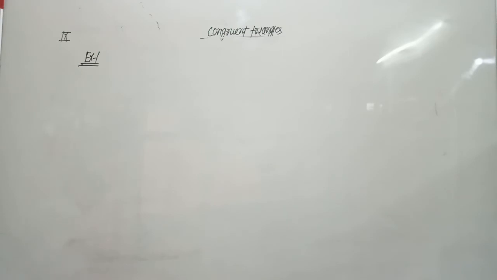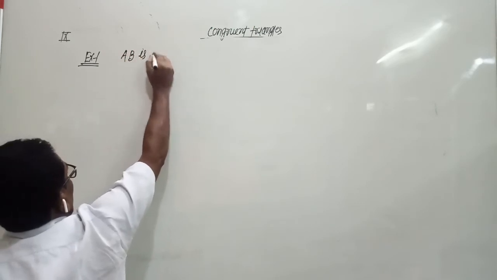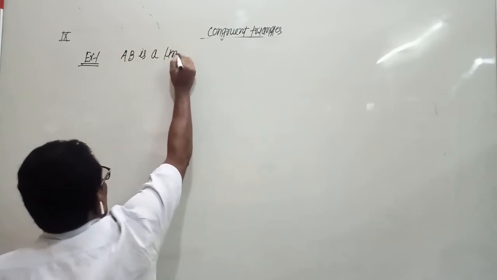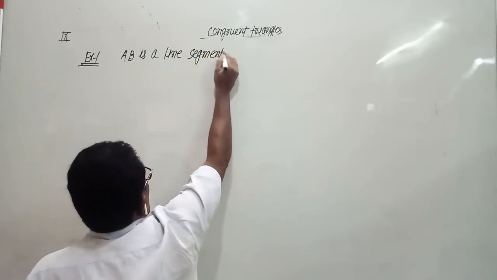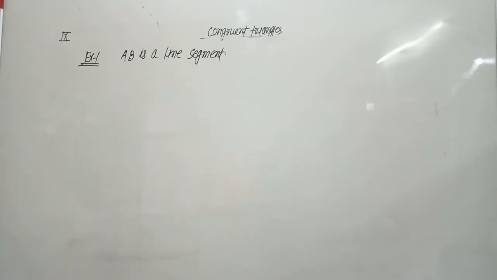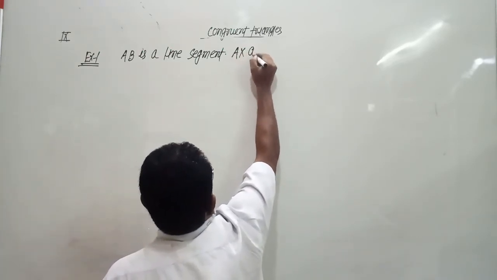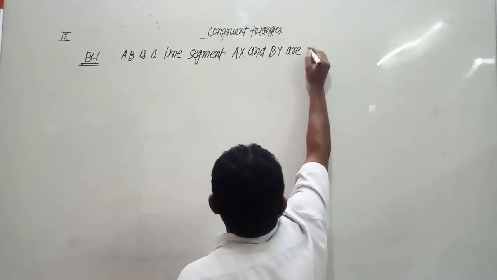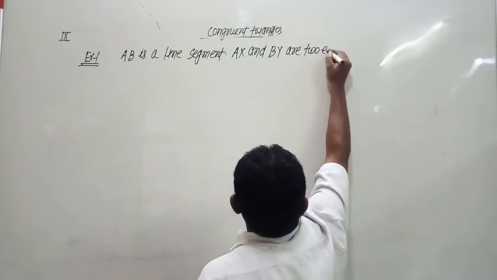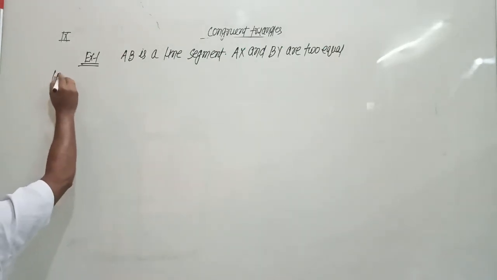AB is a line segment. AX and BY are two equal line segments